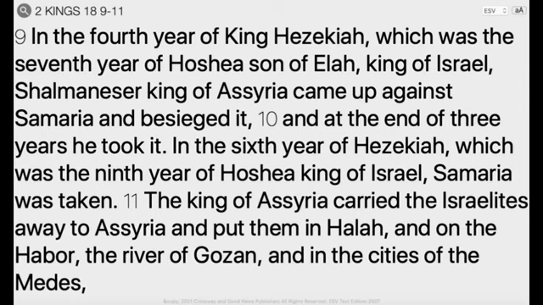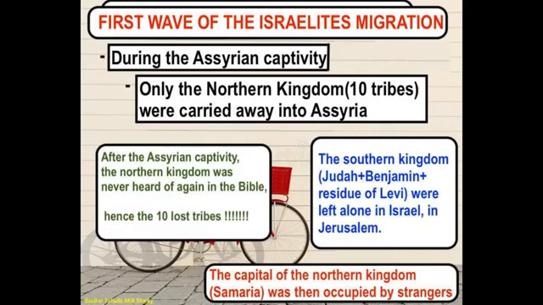because it says that the Israelites were carried away into Assyria. And when you study the Bible, after that, it was only the tribe of Judah, the southern kingdom, that was mentioned all throughout the Bible after the Assyrian captivities, all the way up till the time of Christ. So now we're going to find out exactly where they went.